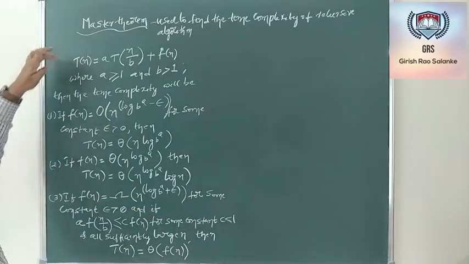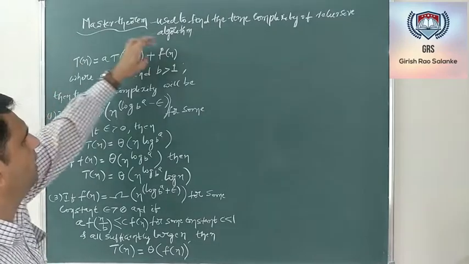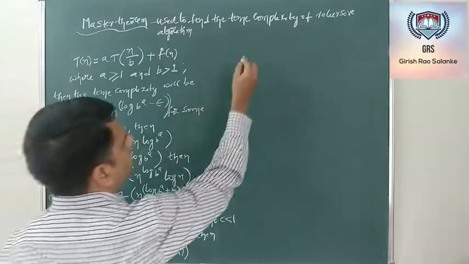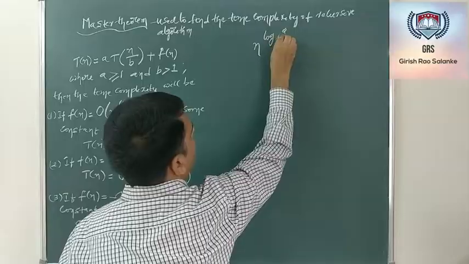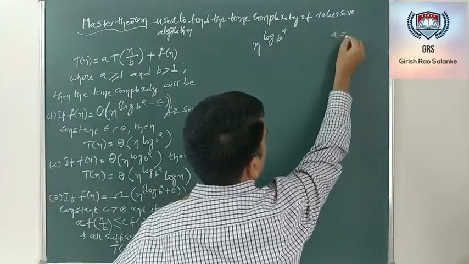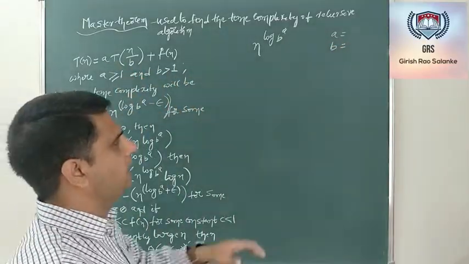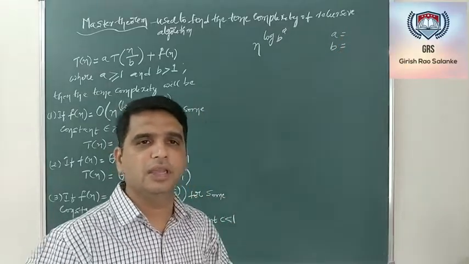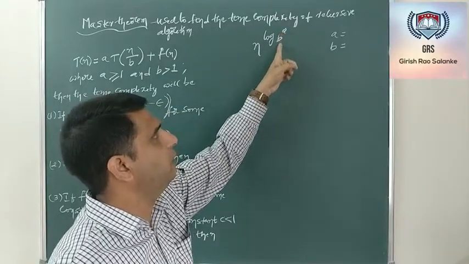Now, master theorem has three different cases. Generally, what we are supposed to do is, for the given recurrence relation, find the value of n to the power of log a to base b. That means in the recurrence relation, we will have the information about a as well as b. Once we get the values of a and b, the first thing we are supposed to do in the master theorem method is find the value of n to the power of log a to base b.